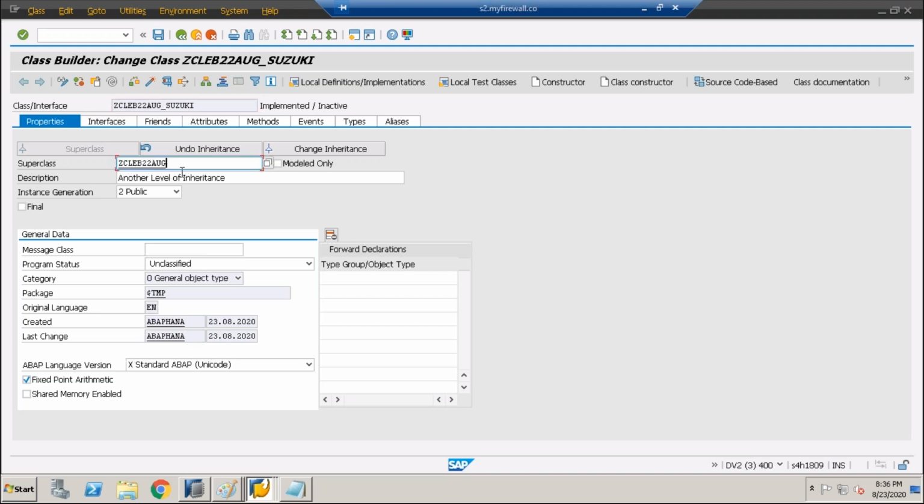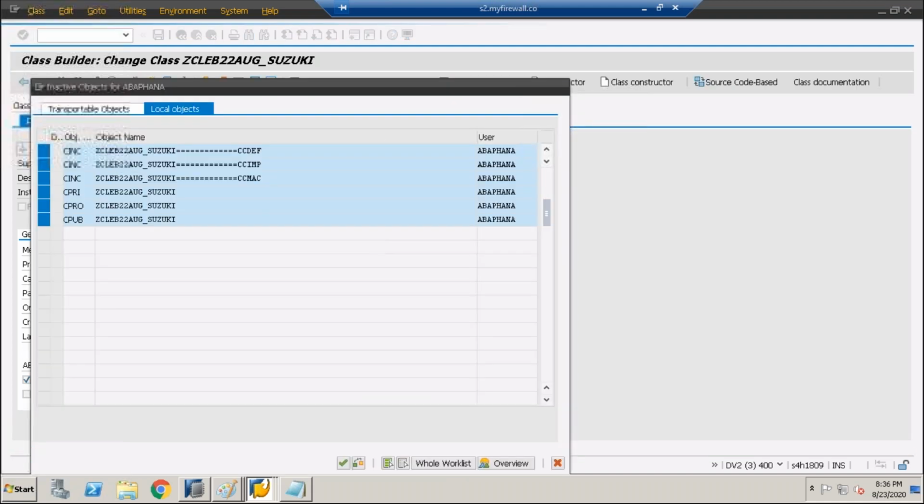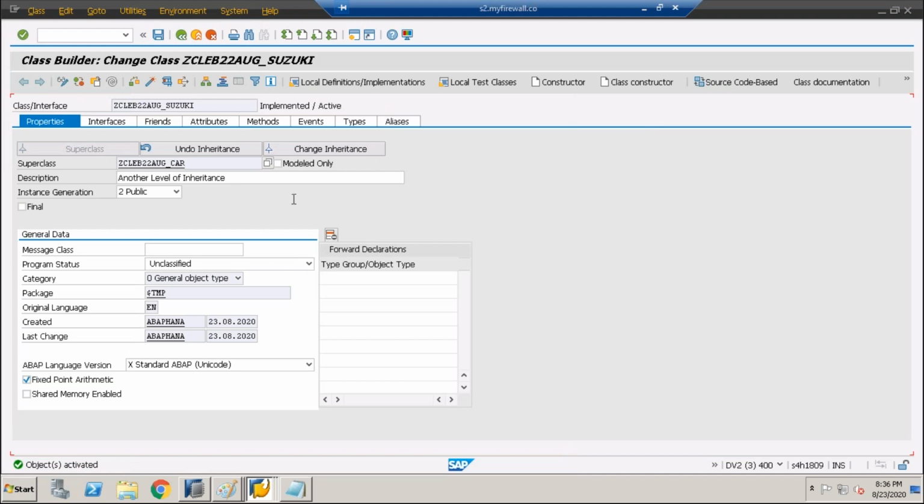So vehicle is being inherited by the car class and the car class is being inherited by the Suzuki class. Okay, just save it, check the syntax now, activate this one, activate, and you can see that now